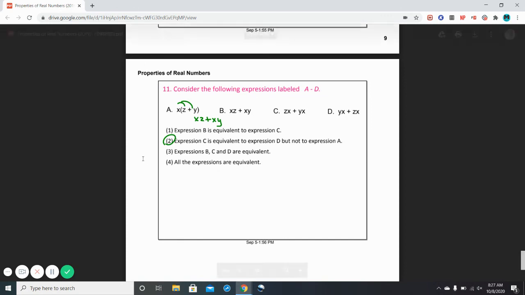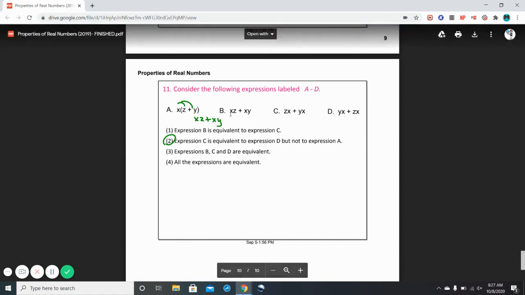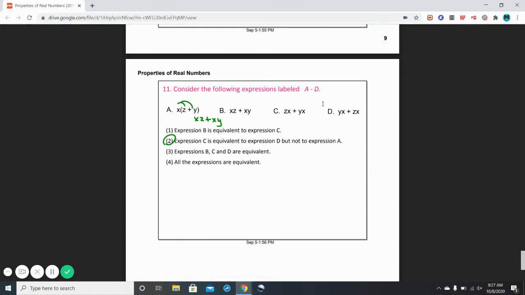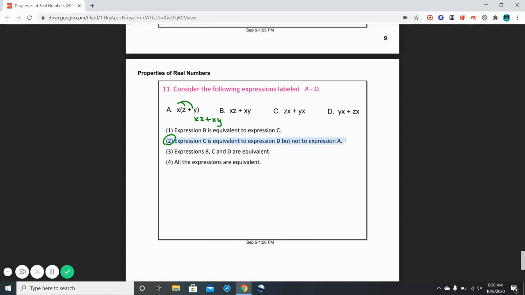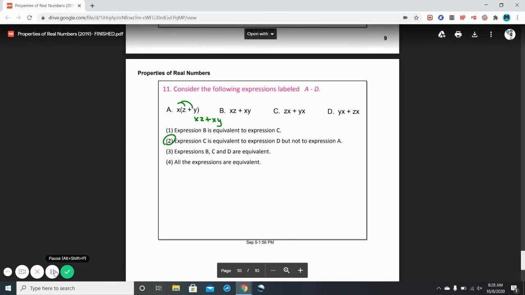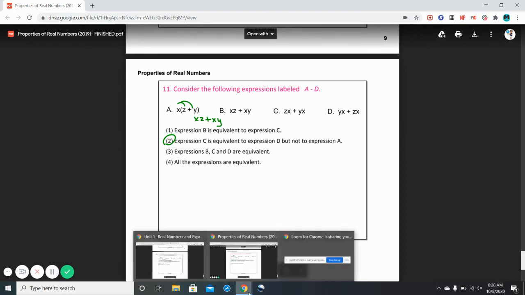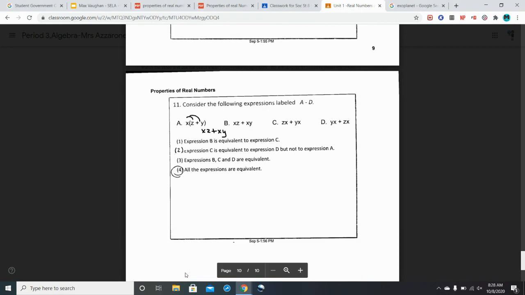I think. Wait. Yeah, actually. Sorry. Yes, it is equivalent. Expression C is equivalent to expression D, but not to expression A. Yes, because that is the distributive property. So that's why the answer is 2. Alright, actually, I thought I got this wrong, but